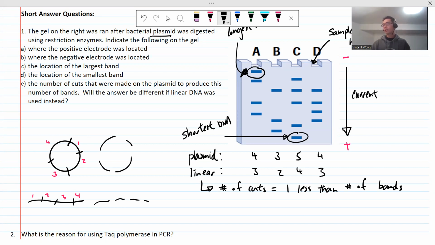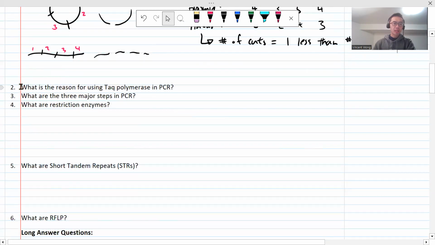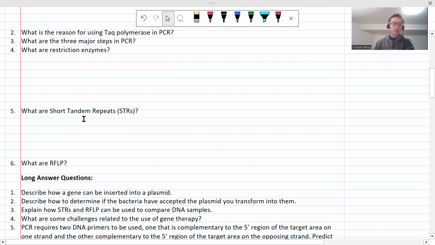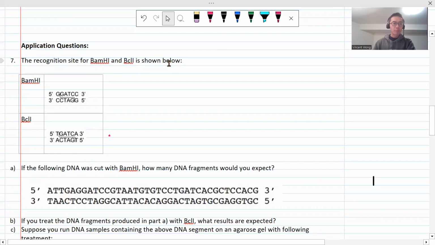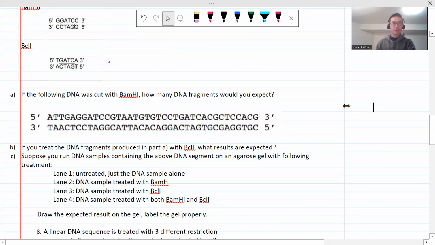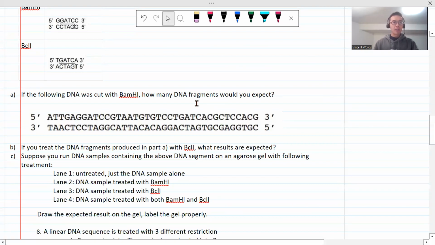So that's the gel electrophoresis. Okay, moving on. The answers for these are already posted. I just want to go through a few particularly complicated ones that you might not understand just by looking at the answers. So here we have a DNA